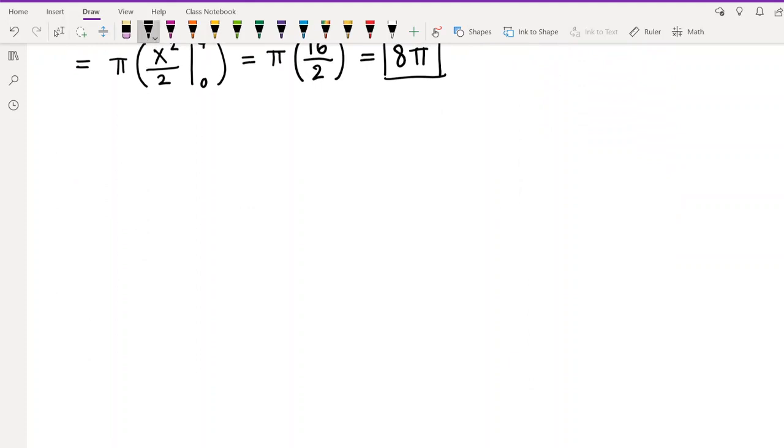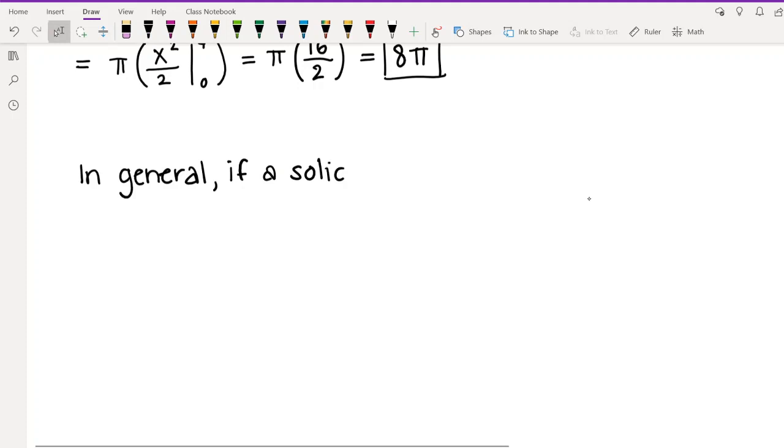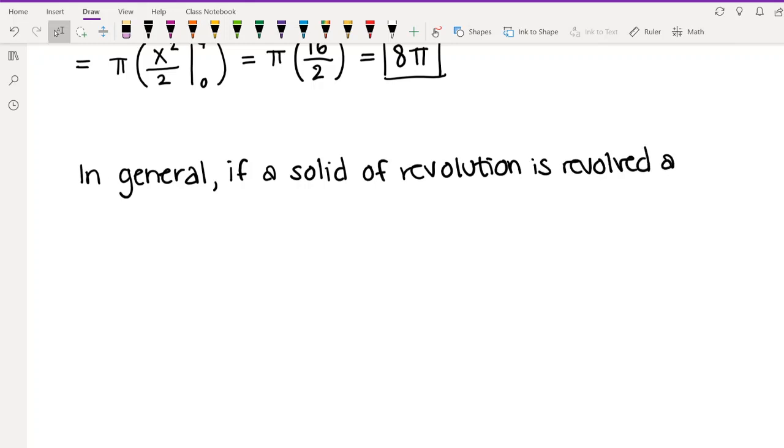So I just want to write this down as a general fact, because if you're looking for the formula you want to know, it's this next one. Okay, so in general, if a solid of revolution is revolved about the x-axis